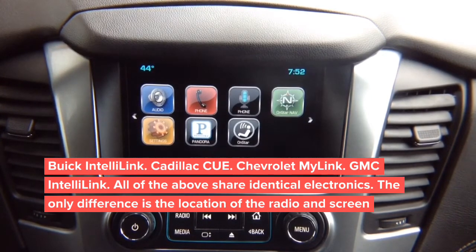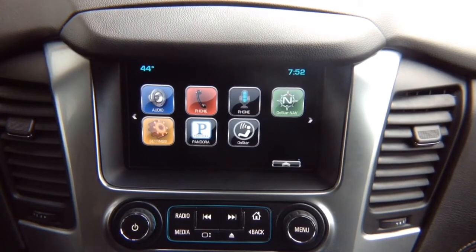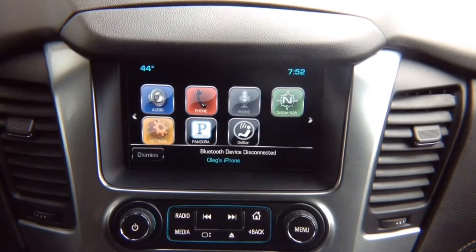This particular interface, we're going to show first video in motion, then we're going to show installation of digital video interface. For video in motion interface in this particular vehicle make and model, it is not possible to